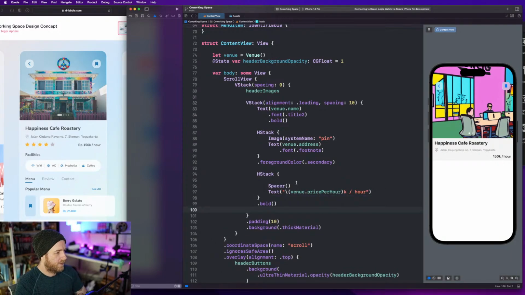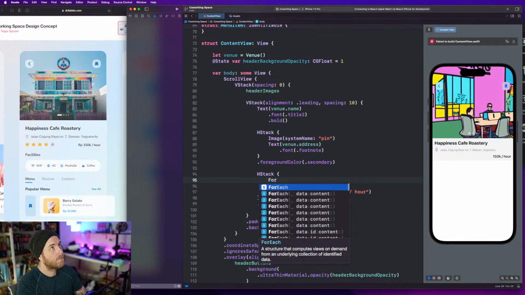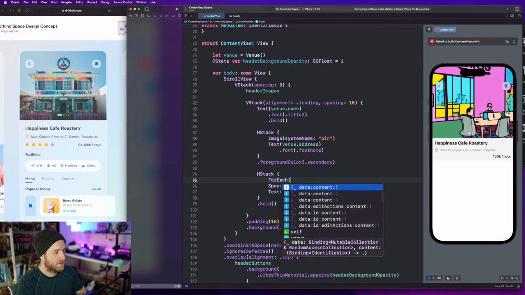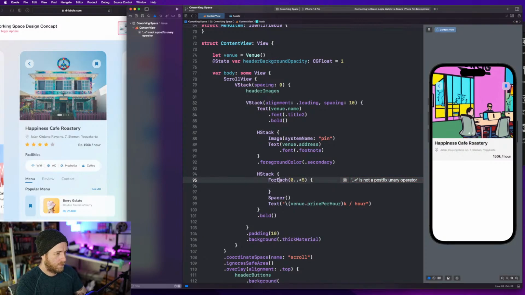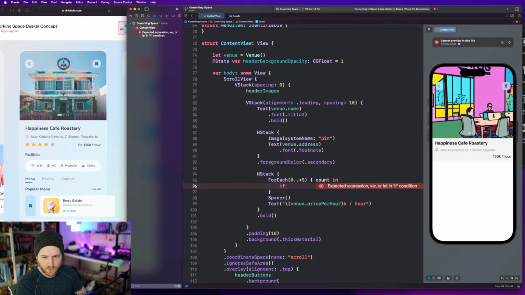Excellent. I believe this might be bold. Let's put it on the whole H stack and see how that affects the images we're about to put here, right? So if we go for each, see if we can get this to work. 0 to 5, count in, if, oh, how are we going to do this? If venue dot rating is less than or equal to count,